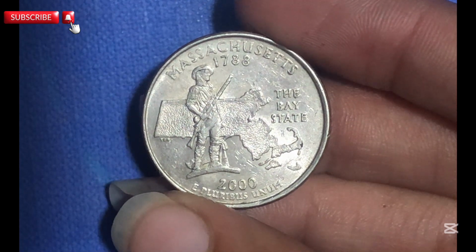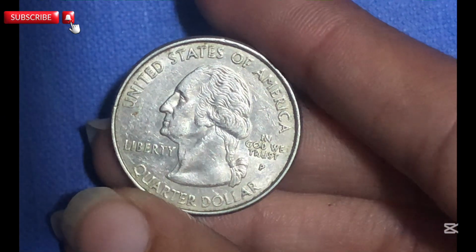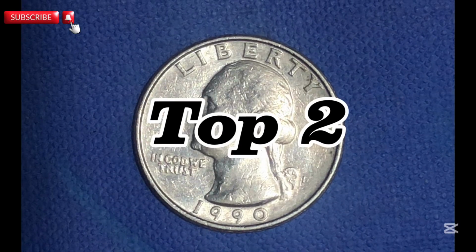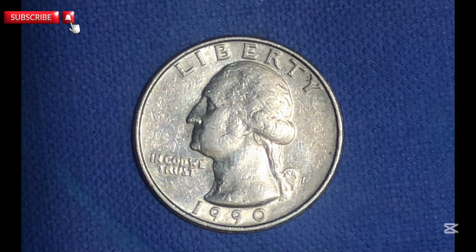Given its extreme rarity and desirability among collectors, this extraordinary coin has been known to reach an astonishing market value of $375,700. Top 2. The story of the 1990 American Washington quarter begins with the legacy of one of the